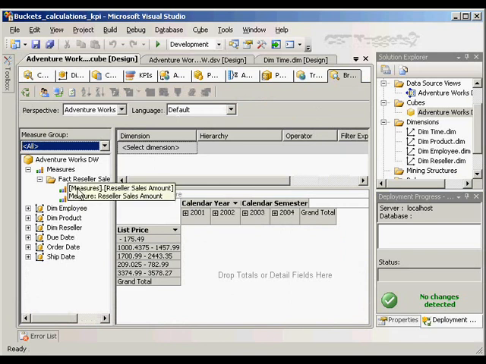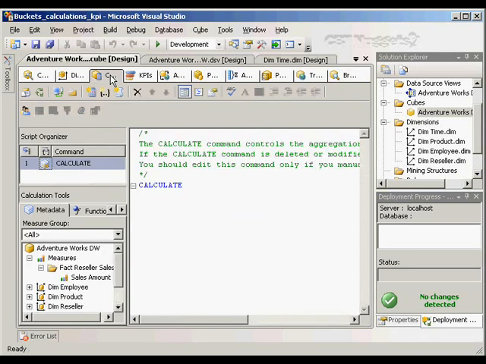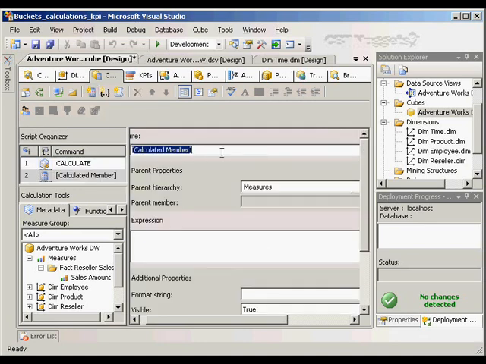So from that, we want to create a calculation. So we can go to this third tab, which is our calculations, and you'll notice that we've got this one member right here so far. Every time you add a calculation, it's going to continue adding to this script. So the order in which you define calculations is extremely important, because if you have one referencing another, it can't be backwards referencing. So let's go ahead and make sure that this is highlighted and click the new calculated member,